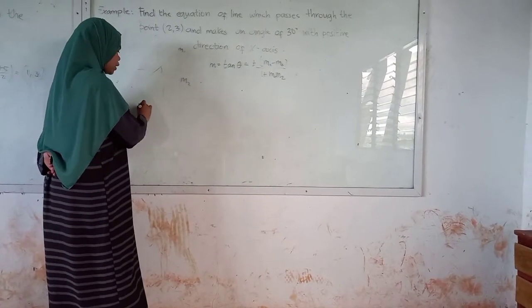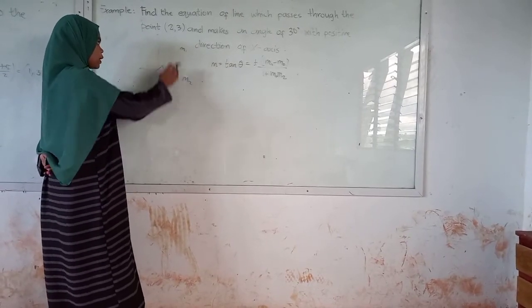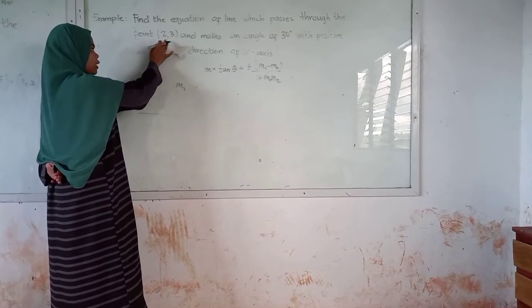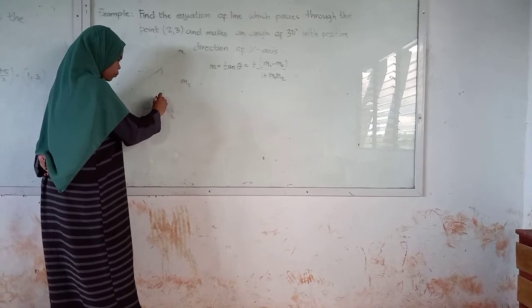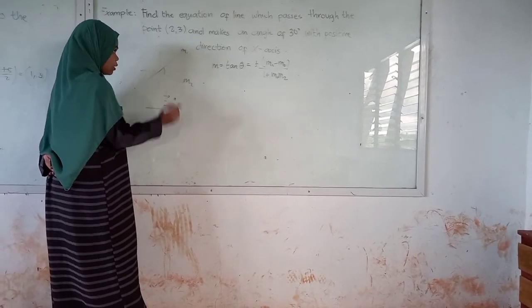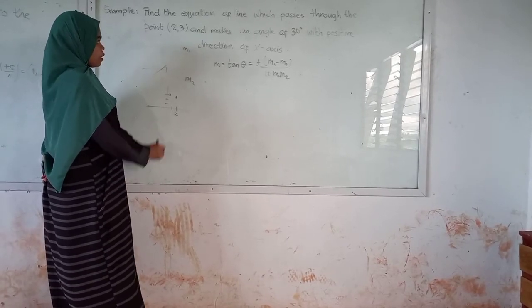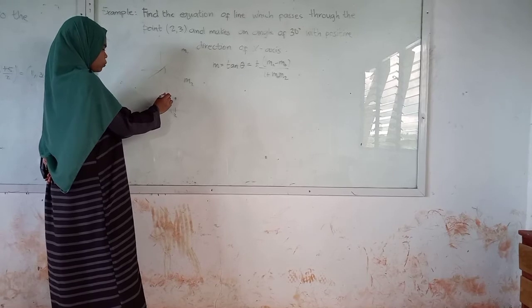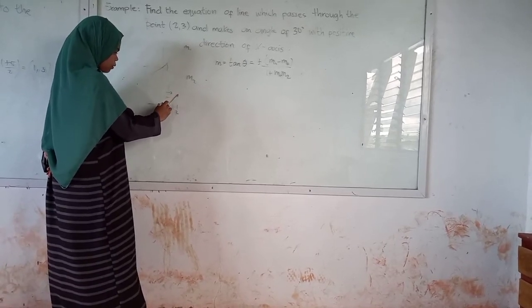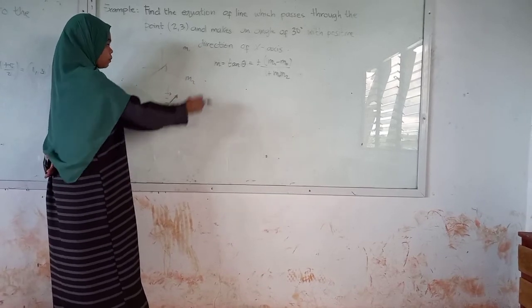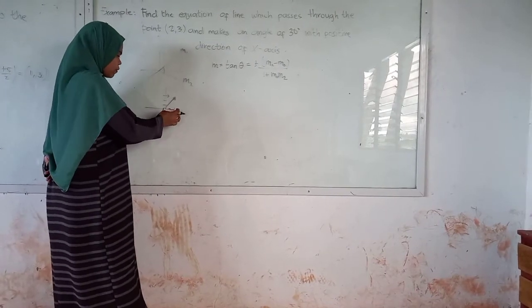So, graphically, if we are going to plot the point (2, 3), that is in the first quadrant, since both coordinates are positive, no? So, I have this one, 1, 2, 3. So, nandito yan. Ang hahanapin natin, find the equation of the line which passes through the point (2, 3). So, dadaan dito yung line. Let us say this line. Tapos, nag-form na siya ng angle na 30 degrees